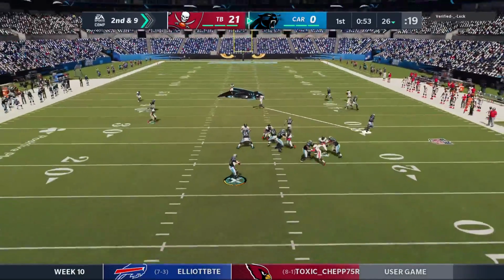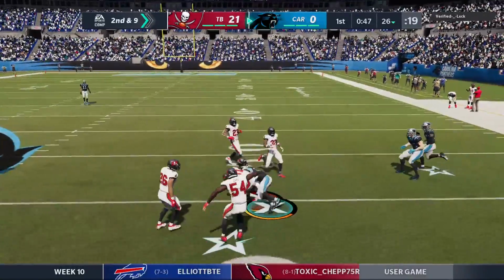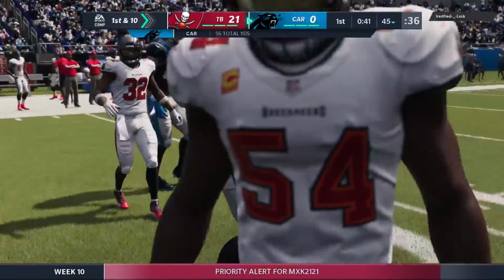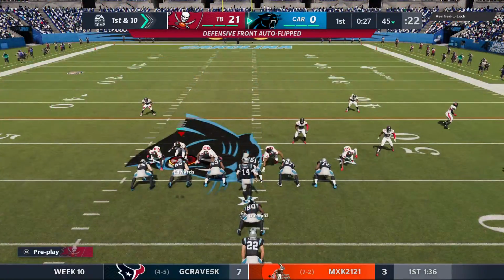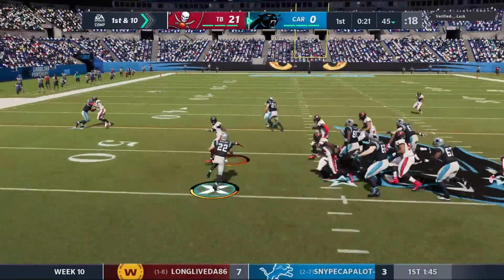On 2nd and 9, Darnold being chased out left. He'll drop it off to McCaffrey. And they'll get it all the way up about 5 yards shy of midfield. That one a gain of 20 and a first down. On any given pass play, you never know exactly where your exit points are going to be. On this play, he was flushed to his left, still on the run, able to accurately throw the football for